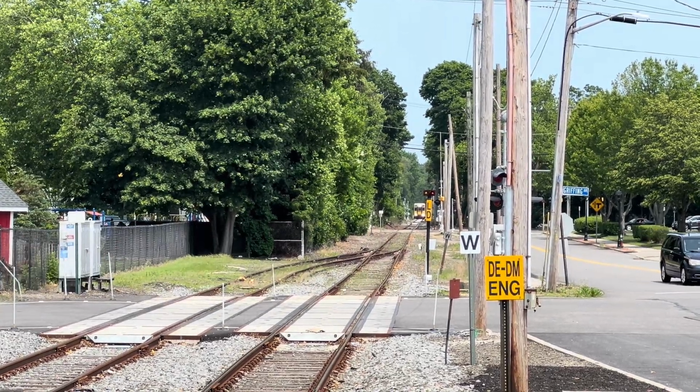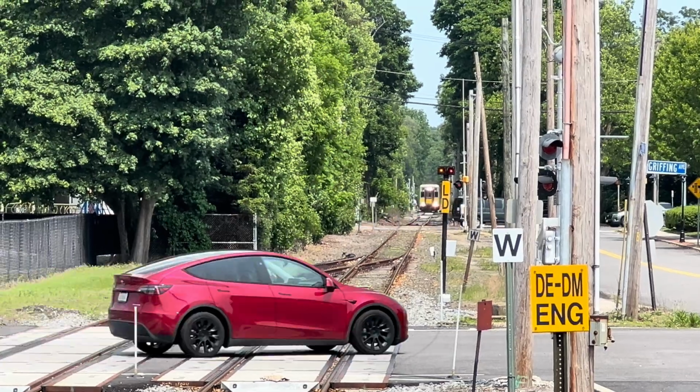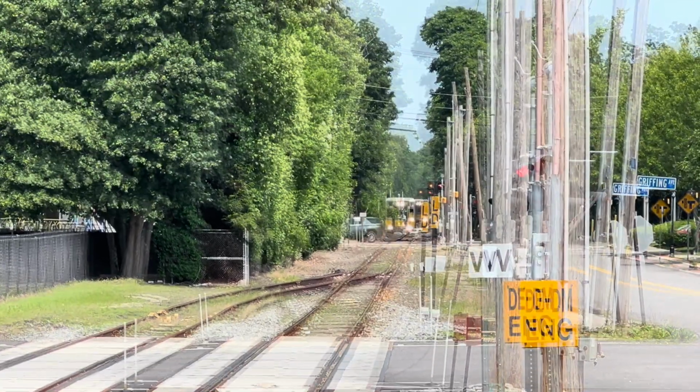And that's going to do it for this video. Here comes train 951 with the same equipment that dropped us off, coming back to pick us up to head back to